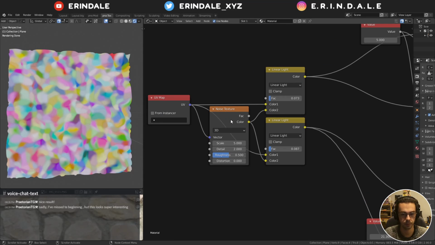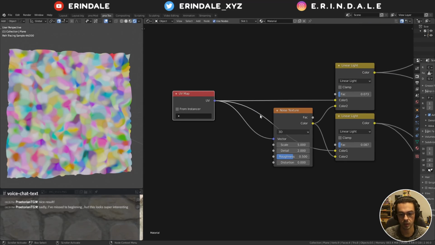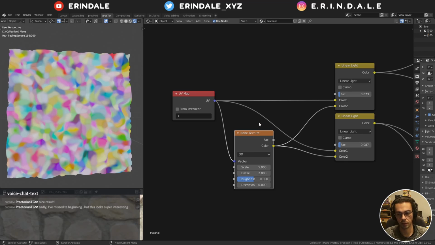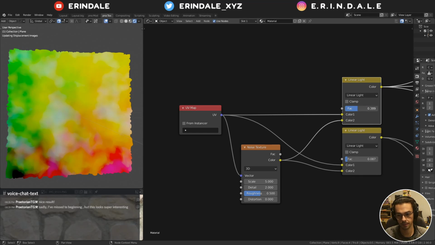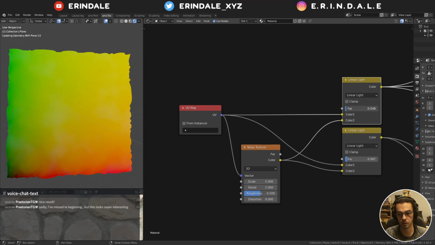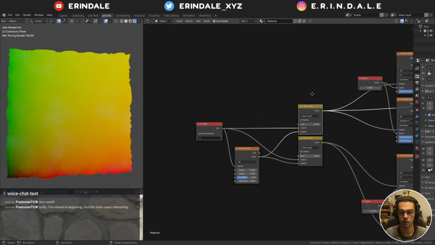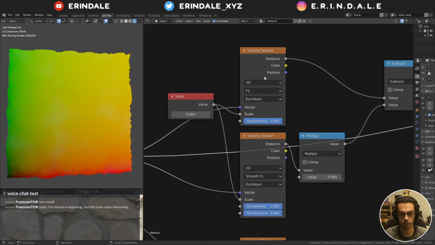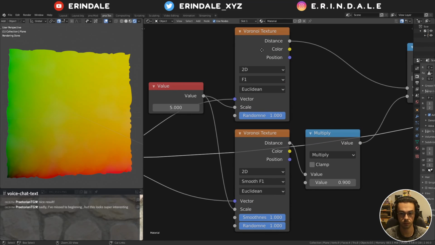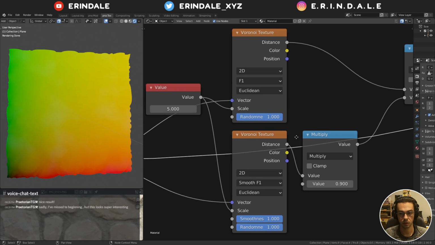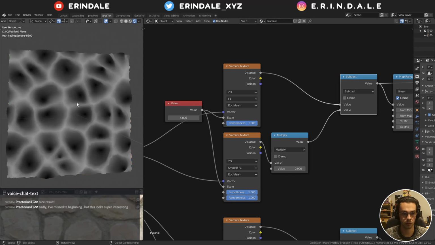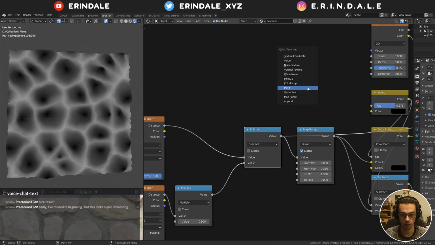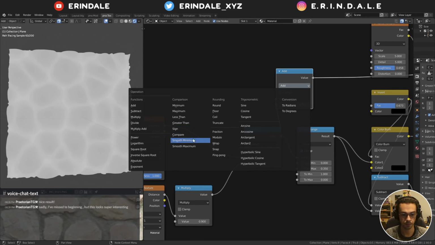It's one of those things which is simple, but only when you know how. So we're just taking our UV map and using linear light to bring in some noise. This is going to give us the variation, so it's not just a straight voronoi. And then we are taking basically a voronoi F1 and a smooth F1, and we are subtracting the smooth from the normal. So the output of this, if I put a greater than just on here,